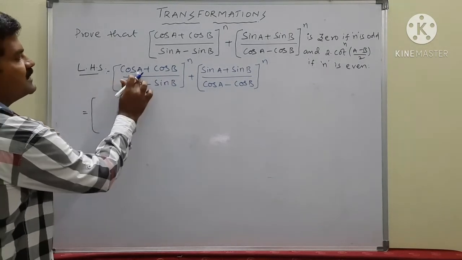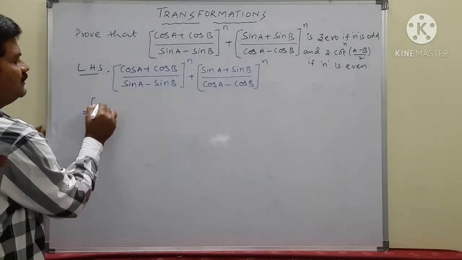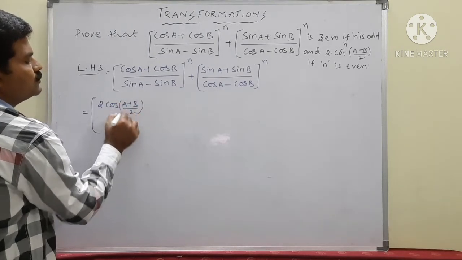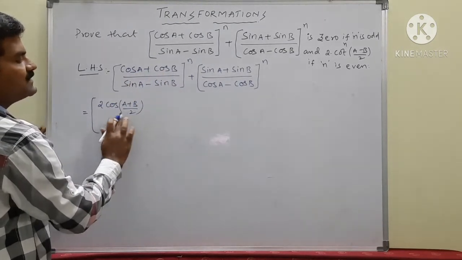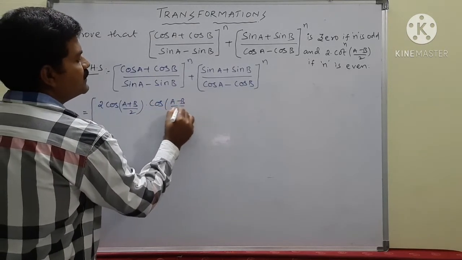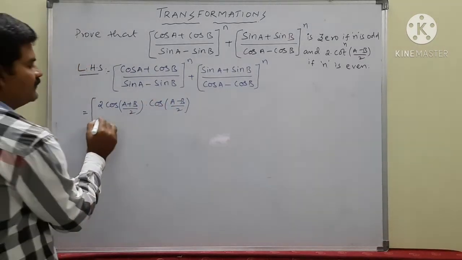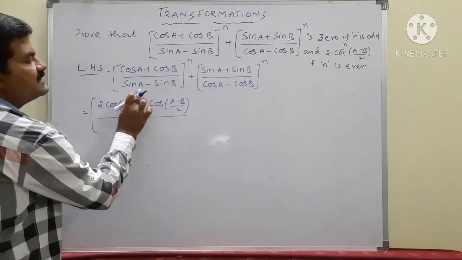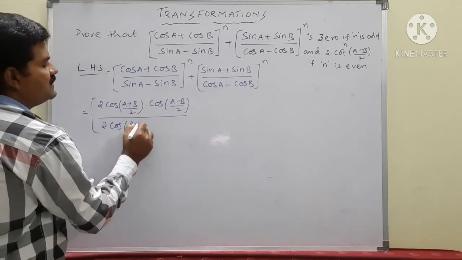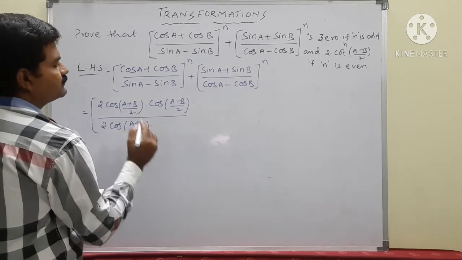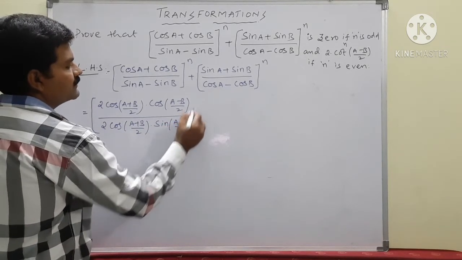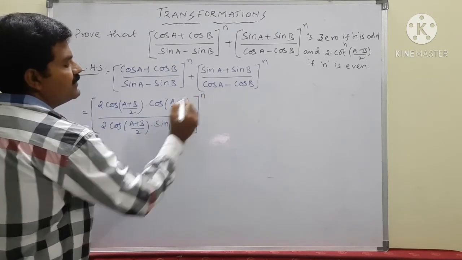So coming to the numerator, cos A plus cos B, which is cos C plus cos D, no? 2 cos (C plus D) by 2, and (C plus D) by 2 is nothing but (A plus B) by 2, into cos (A minus B) by 2, divided by 2 cos (A plus B) by 2 into sin (A minus B) by 2, whole to the power of n,